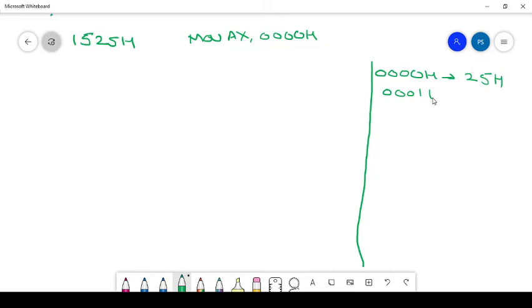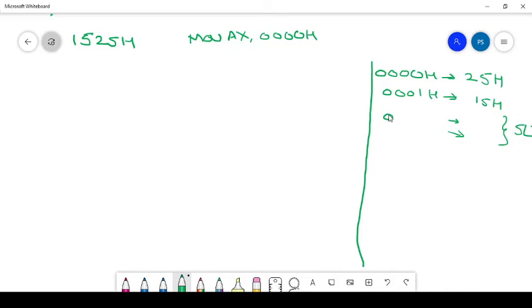For the next consecutive memory locations, we have reserved for SL, shift left, and next for shift right. You will see the answer. Next we reserved for shift left 0002 and 0003.